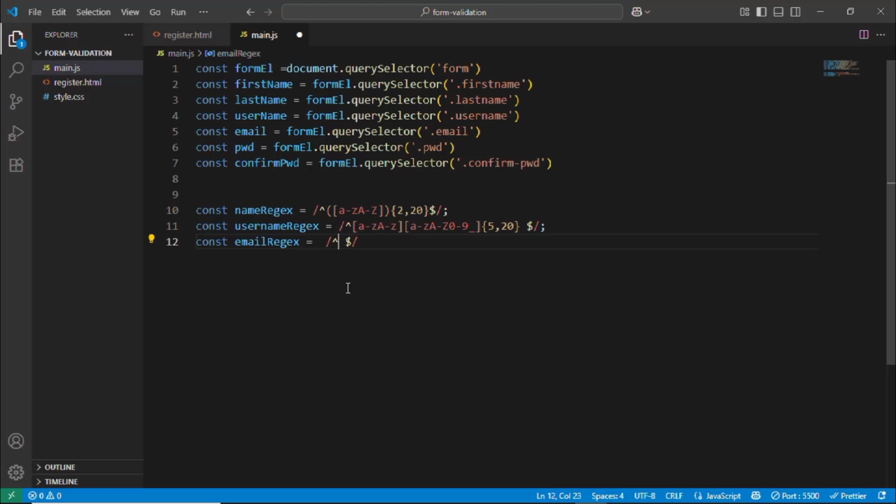So first we check for the first part. The first part will contain small letter A to Z, or uppercase A to Z, then digit 0 to 9, then plus